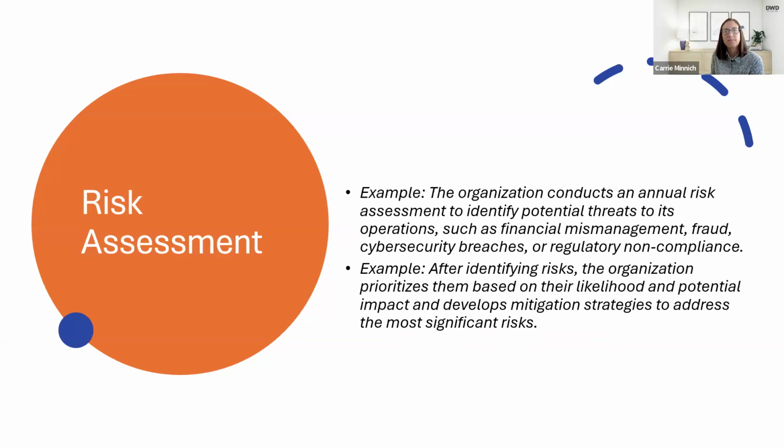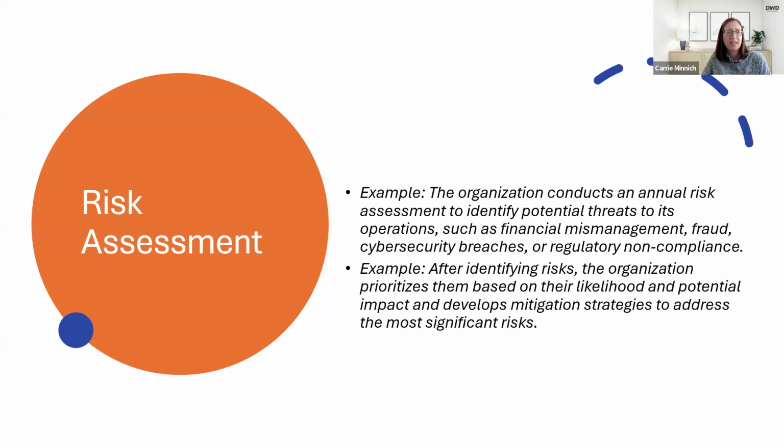Next is risk assessment. Here you identify and assess potential risks that could affect your organization's ability to achieve its goals. It's like taking a look around to see what could go wrong and how bad it could be if it did. So it doesn't have to be any kind of massive, drawn out documentation policy that has to be implemented. Sometimes when people think of risk assessment, they think of all this extra stuff that they have to do. Really what you want to do is have a conversation within your organization and talk about what are the risks.